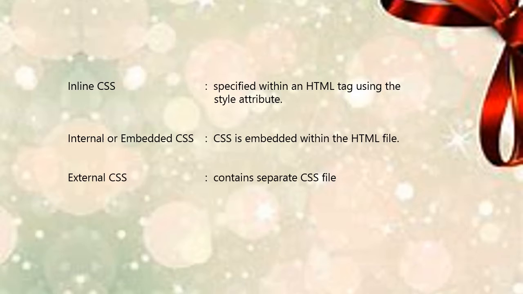External CSS contains a separate CSS file which contains only style properties, with the help of tag attributes, for example class, ID, heading, etc. CSS properties are written in a separate file with a .css extension and should be linked to the HTML document using the link tag. This means that for each element, style can be set only once and that will be applied across web pages.